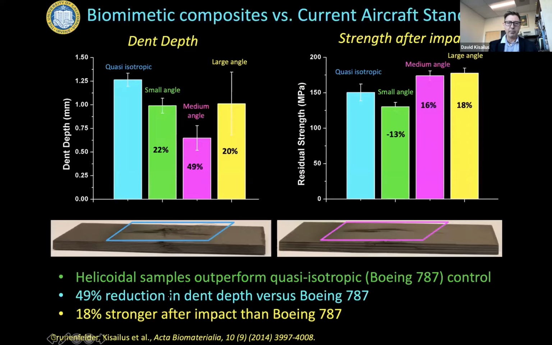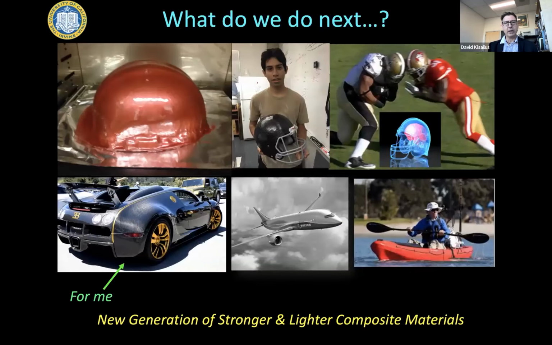And of course, once we published this, actually Boeing's competitor, Airbus, contacted me to work on a project together. And so this is the direction we're going. So we're now taking designs from this helicoid. We're making helmets. This is my former student, Jesus. He's now at Lawrence Livermore National Lab doing a postdoc. He was a grad student at University of California. So he made a helmet.